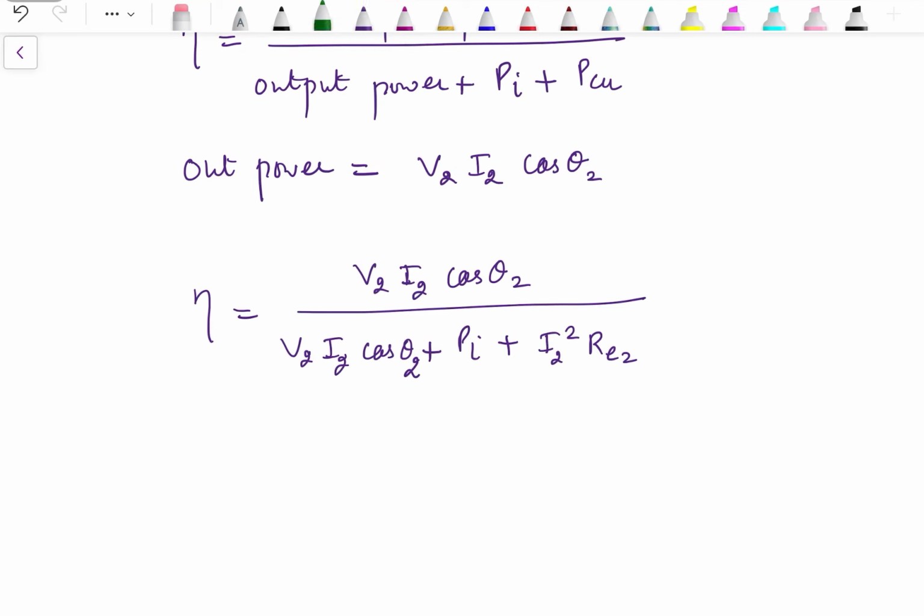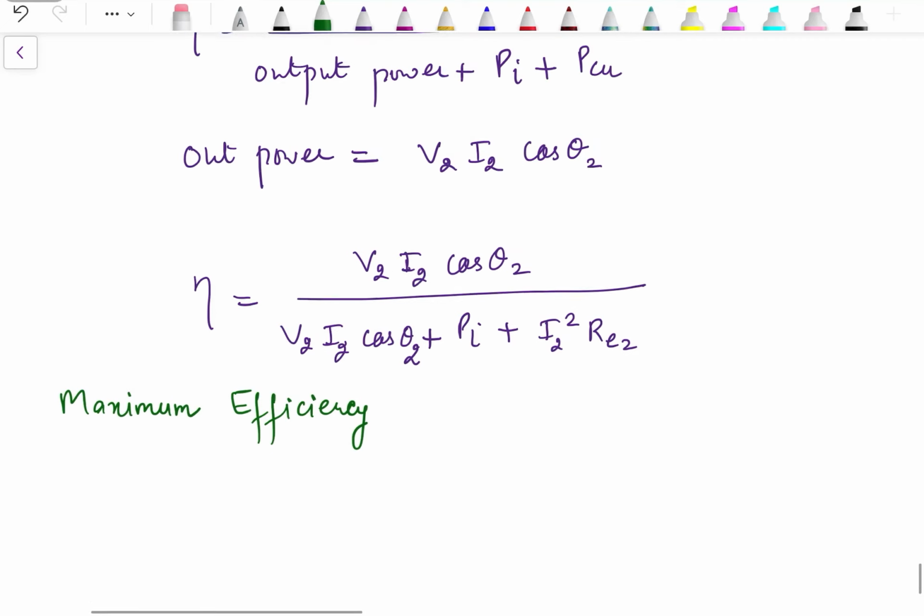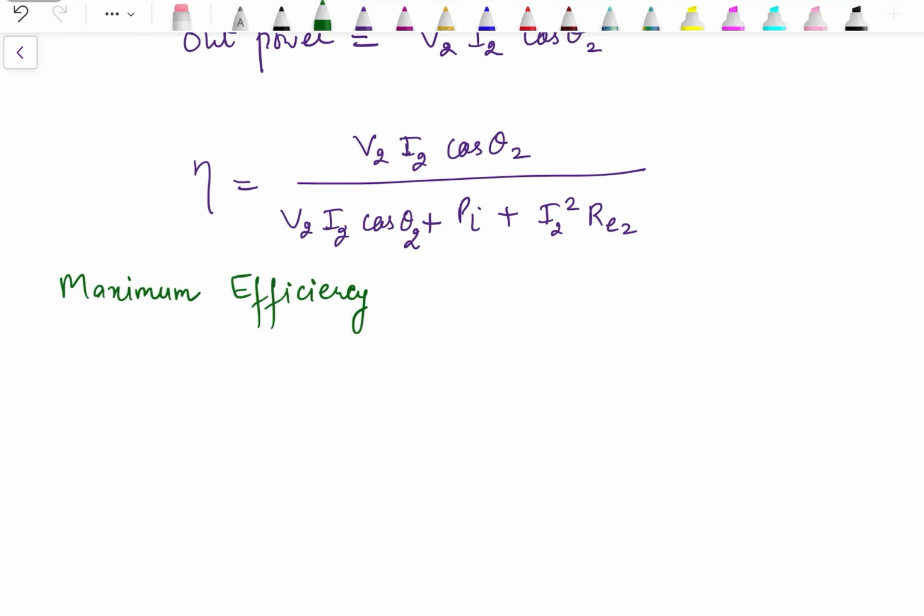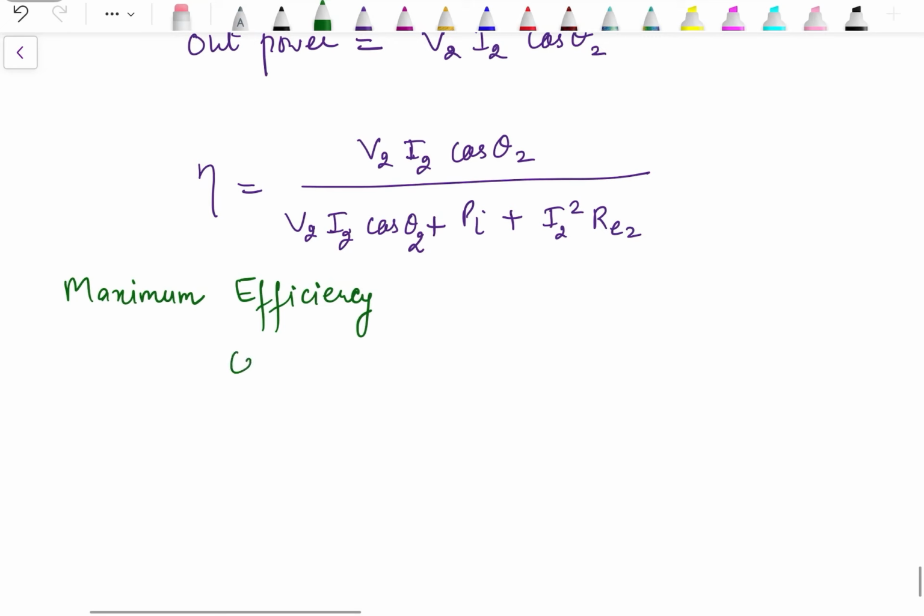From here we can calculate the maximum efficiency condition. To calculate maximum efficiency, since we have assumed cos theta 2 as constant, the only variable left over here is I2. It's dependent upon load. So we need to differentiate this with respect to I2